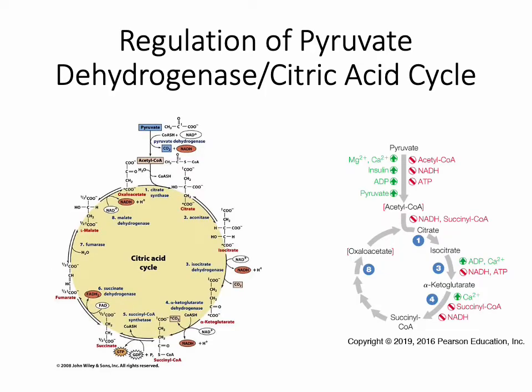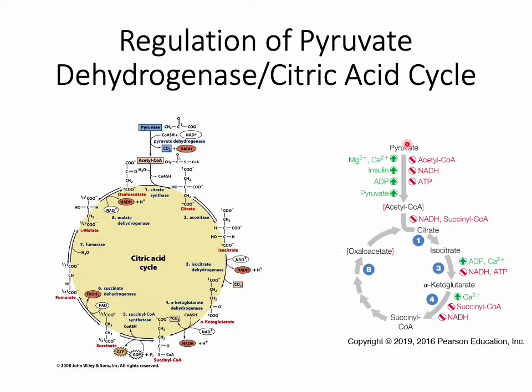This slide here is a brief summary describing the regulation of the citric acid cycle. This is not something which I will test you on extensively, but it's something which you should be aware of. Shown here on the left is a schematic of the citric acid cycle showing the various reactions. On the right here is a summary of the regulatory pathways or the regulation of the citric acid cycle. The main points at which the citric acid cycle is regulated is the first reaction, as well as reactions